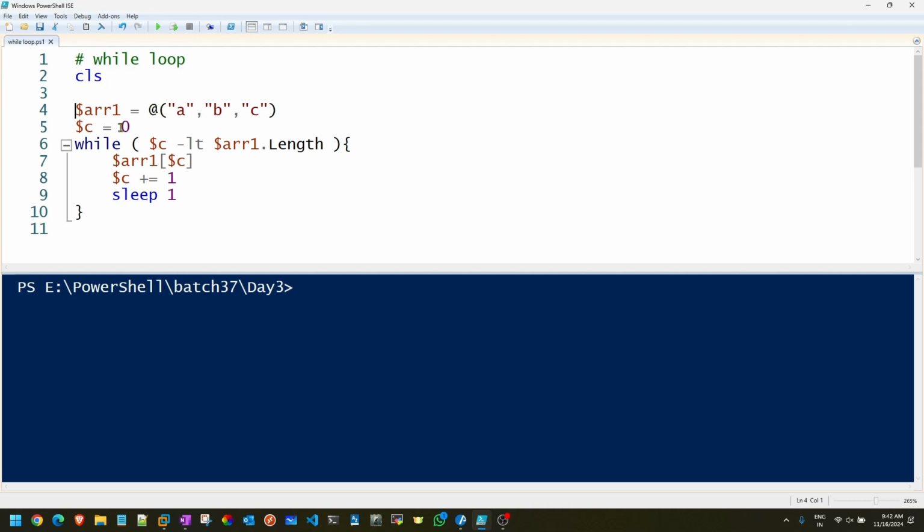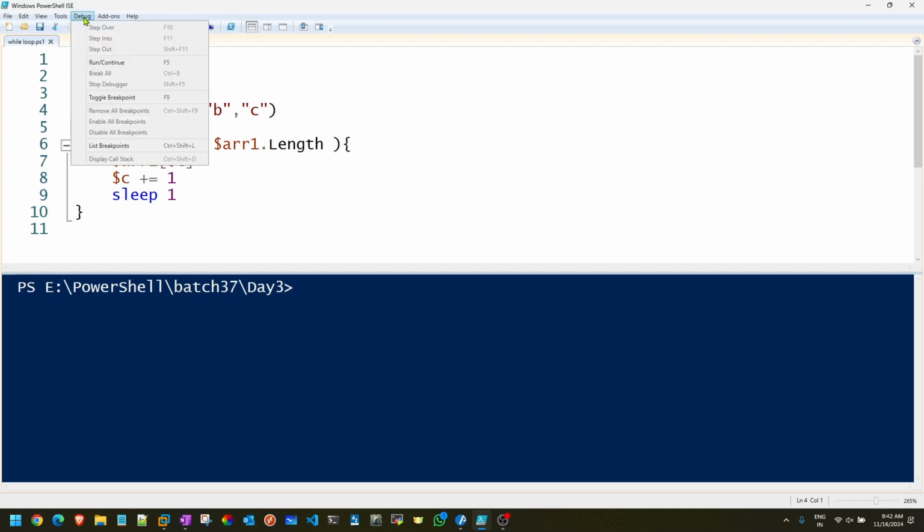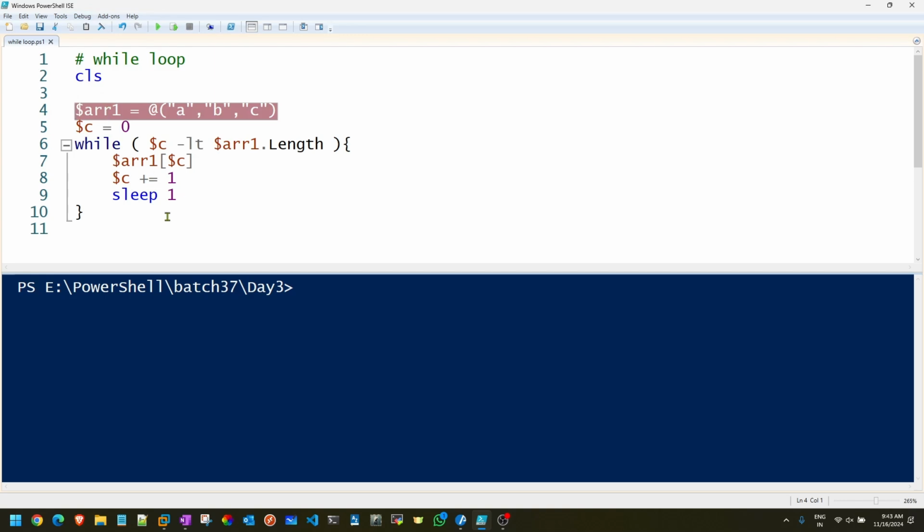So for that, on top, can you see the debugging mode is there? And then you have something called toggle breakpoint. Okay, so select that, and now you can see a different color has been applied to the entire line. So what you have done, basically, you have toggled the entire line, you have selected the entire line, that this is my starting point for debugging.